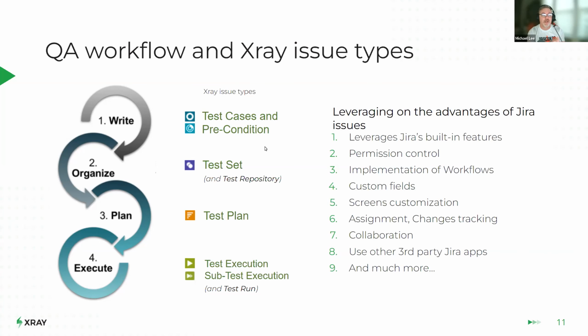But as I mentioned, all of our Xray issue types are built on Jira issue types. That's why we have this list on the right that is available. You can use all of the standard Jira built-in features. For permission controls, people often want to know, how do I control who can create test sets or who can execute tests? That's all done using standard Jira permissions. We don't have some other special Jira, Xray permissions model. The same thing with workflows. If you want to build a workflow that includes testing, you build a standard Jira workflow, and then you add testing to it, either by adding a test plan or test execution to that workflow. And then you use the standard number 6 here, the standard Jira assignment capabilities to assign those tasks to individual